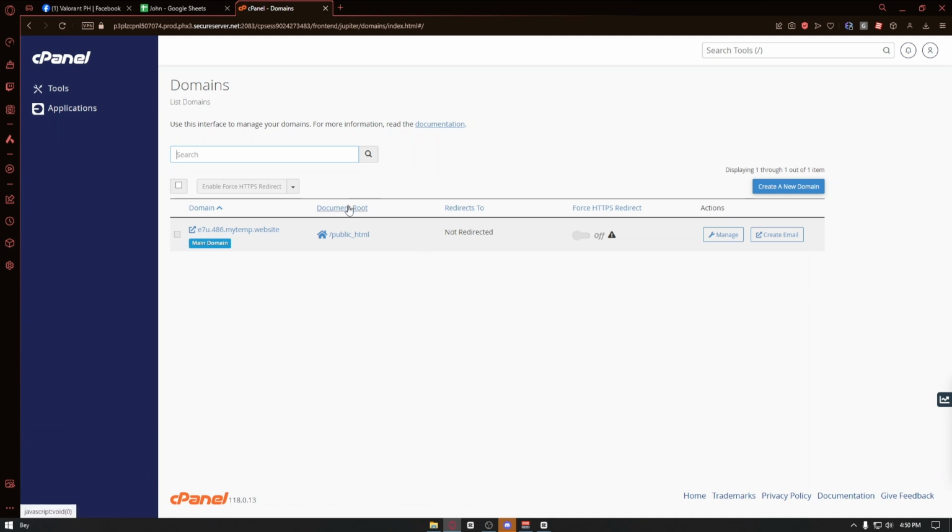Once inside, you want to head over to the document root, and from here we can then go ahead and see a pencil icon right beside the document root right here. You can just go ahead and click on it, and from there you will be able to edit the document